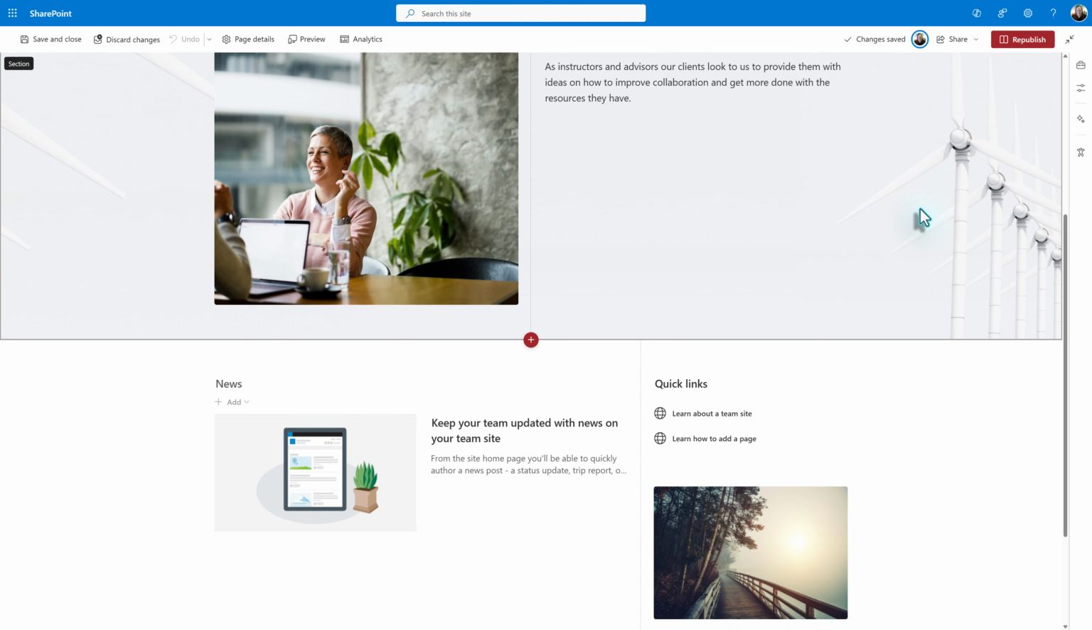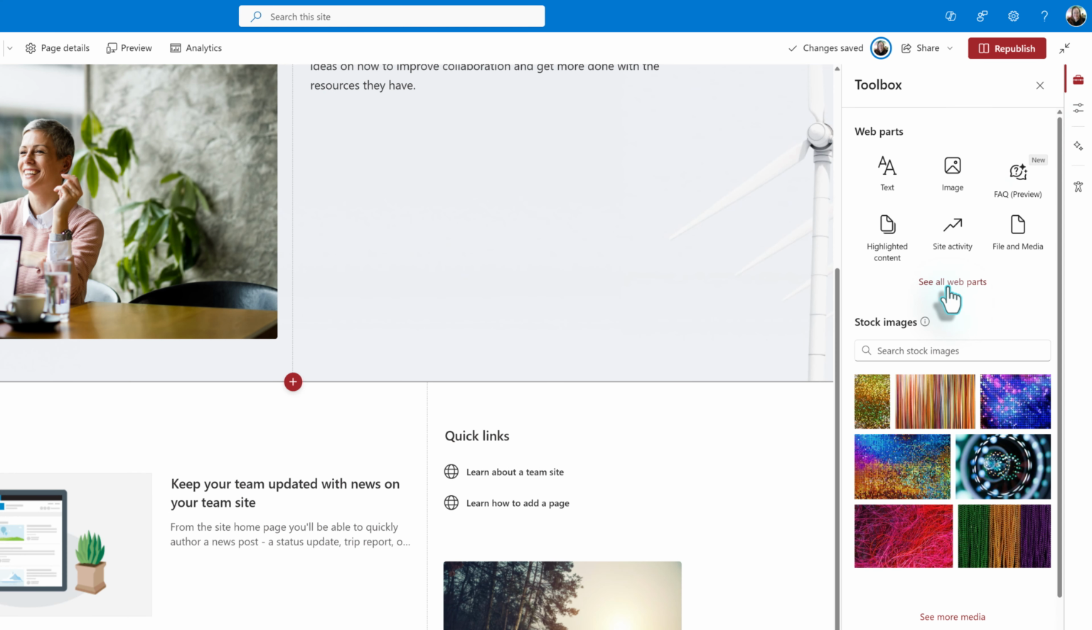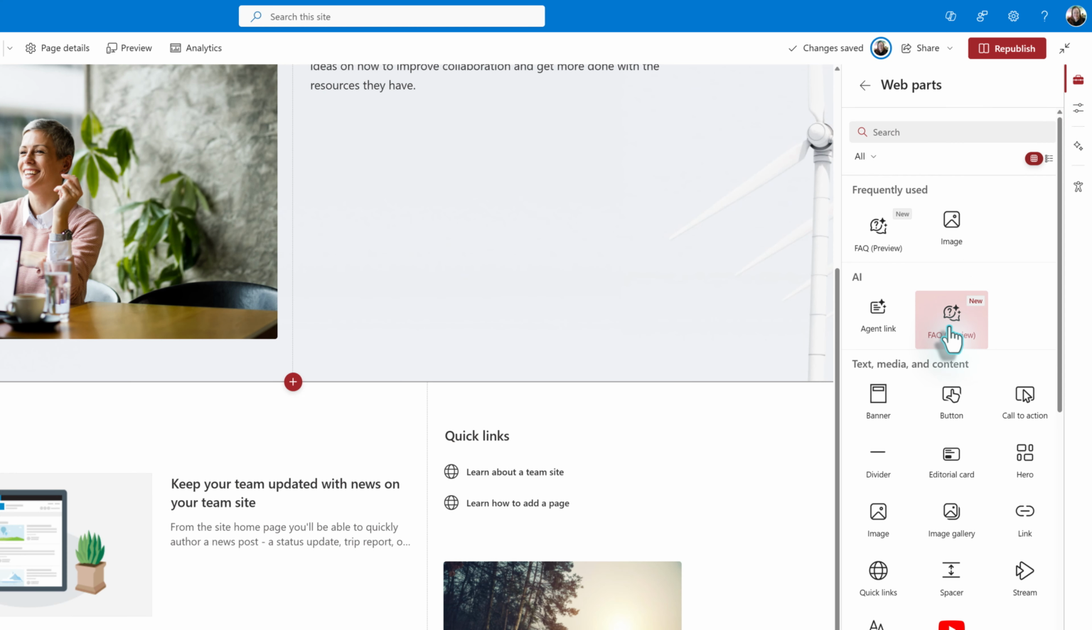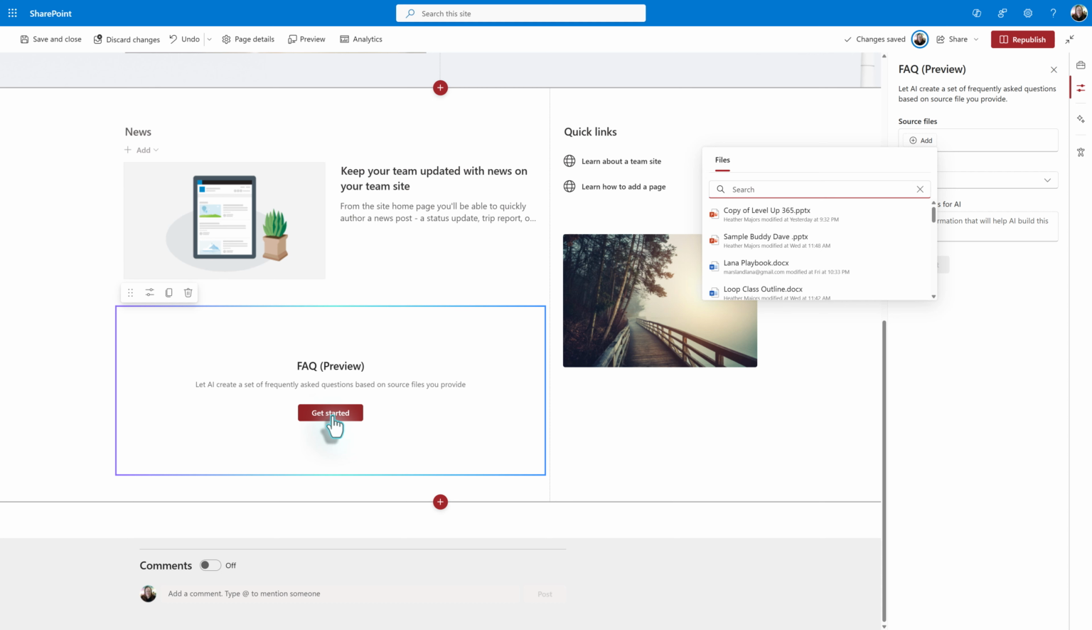You will need a Microsoft 365 Copilot license to see this feature. Now, when you edit your website, go to See All Web Parts, you will see FAQ in the AI section. When you add the web part to your page, you will need to provide a document such as a PDF,